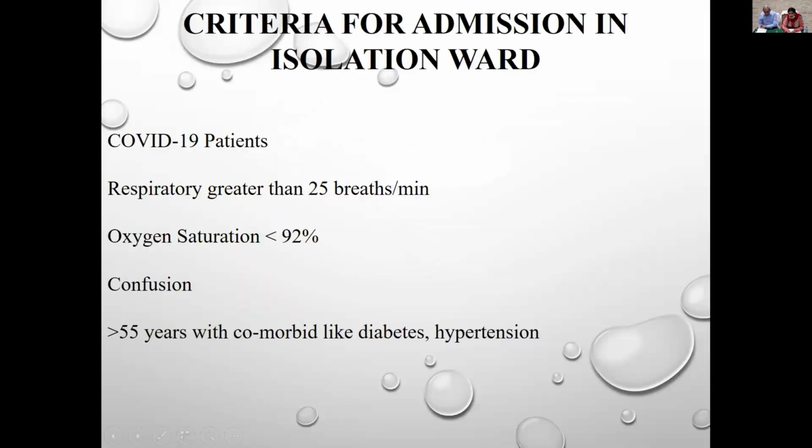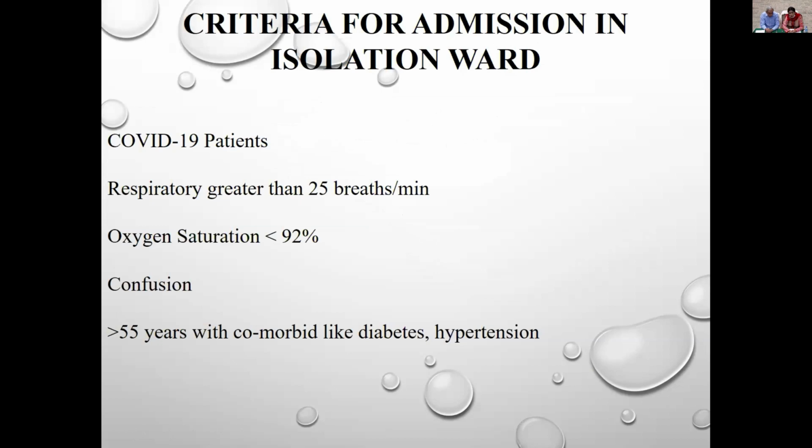I'll define the criteria for admission. We divided the patients into two groups: those admitted in the isolation ward and the others in the ICUs. In isolation, we were admitting all the COVID-19 positive patients who presented with tachypnea and had a respiratory rate of greater than 25 breaths per minute, those who had oxygen saturation of less than 92% at room air, and those who were in a slightly confused state,